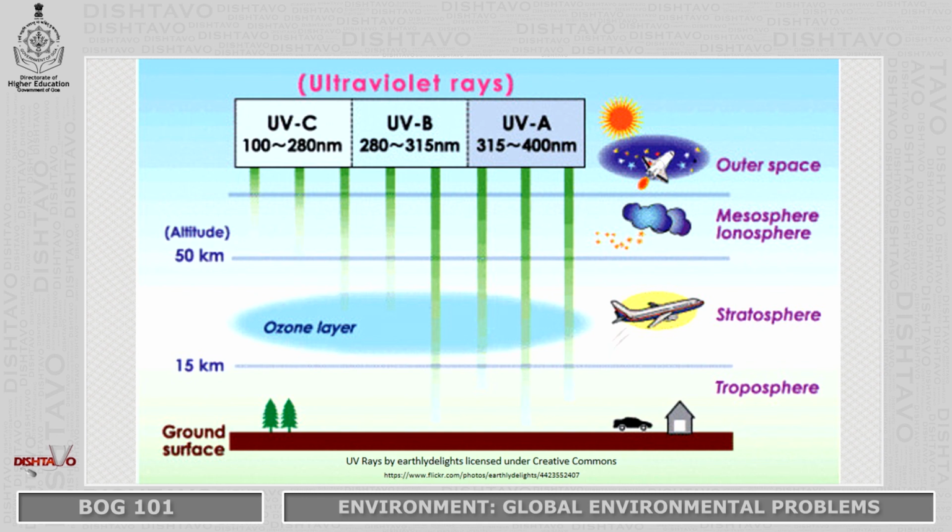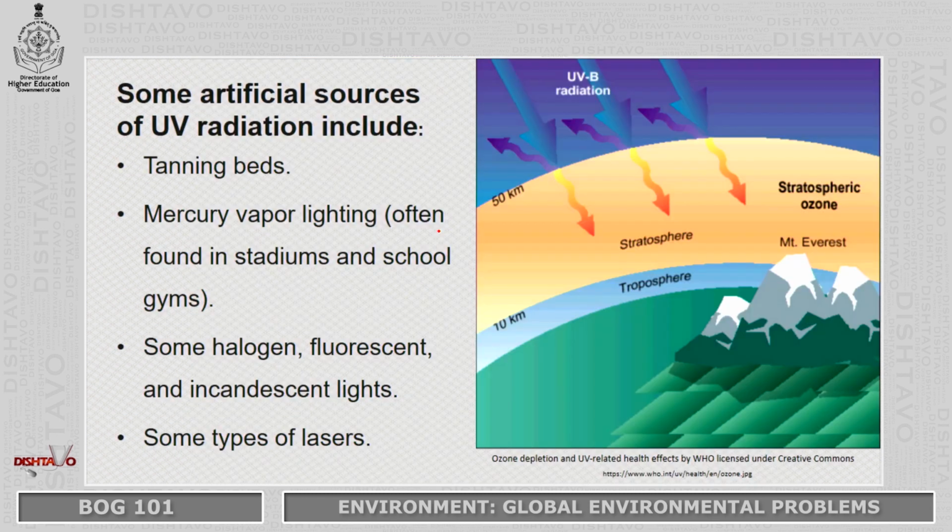Ultraviolet B is the concern because it comes down, and the ozone layer, over here you can see the ozone layer, will actually filter the ultraviolet B rays, but when it is depleted, the ultraviolet B rays also can come down to earth. So also the ultraviolet A, but being of higher wavelength, ultraviolet rays cannot penetrate deeply into our skin. So in the atmosphere itself, the ultraviolet rays will get cleared.